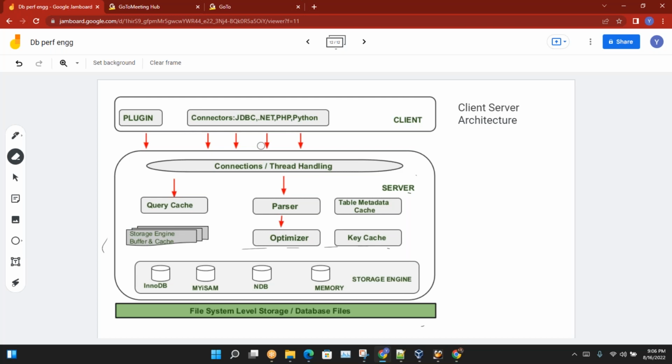Now there could be timeout errors also, because timeout settings are set. For example, if your request is taking more than 5 or 6 seconds, it will automatically time out. Due to this waiting, timeout errors will come. So whenever you get those timeout errors, or your response time is increasing due to waiting for the response to come back,